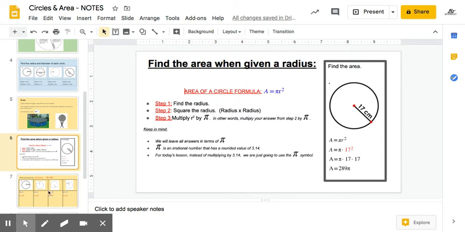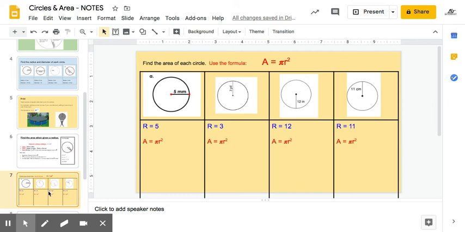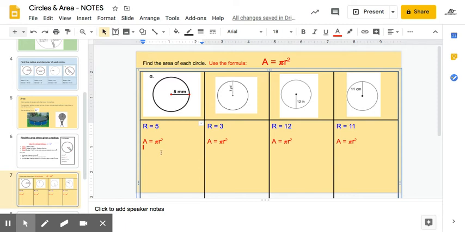Okay, so now let's look at some examples. So here we have 4 circles and given a radius, and we're going to find the area using this formula. So first step is to identify your radius. For these problems, we simply need to look at them and figure out, well, what is the radius labeled? In this case, it's 5. So the radius of this circle is 5, which tells us that